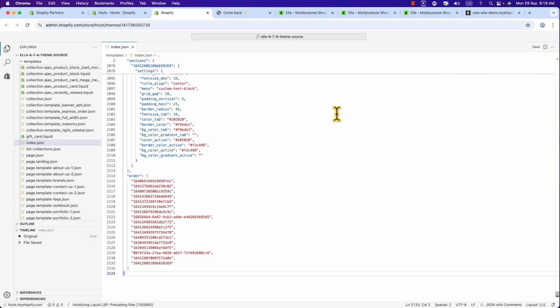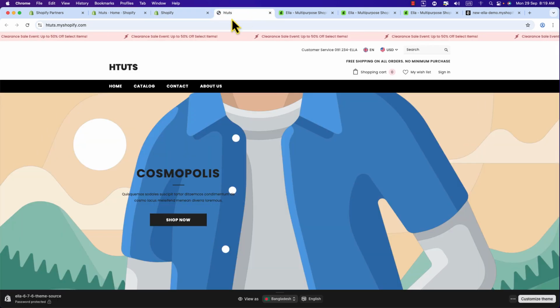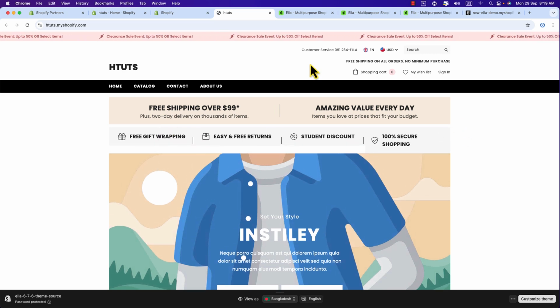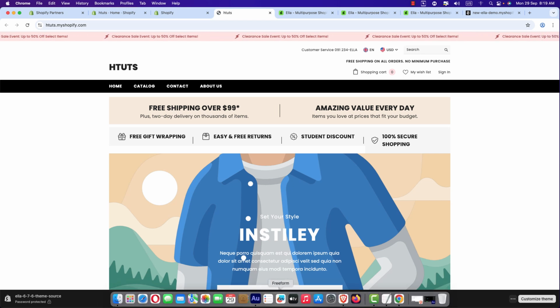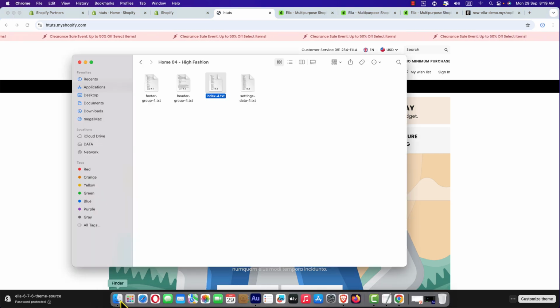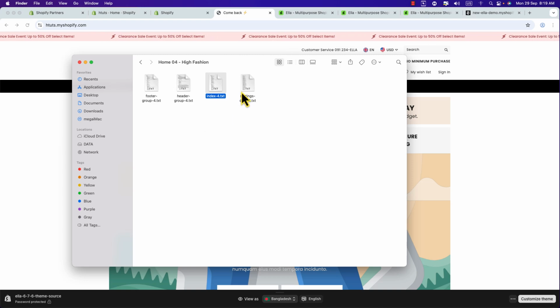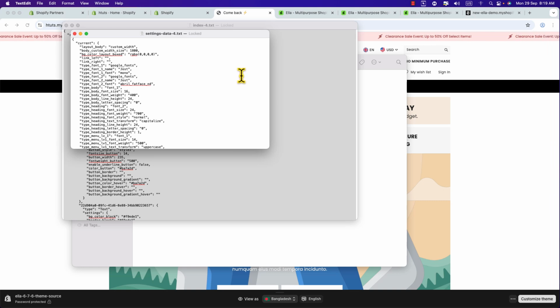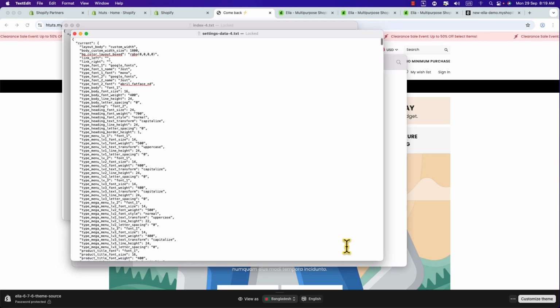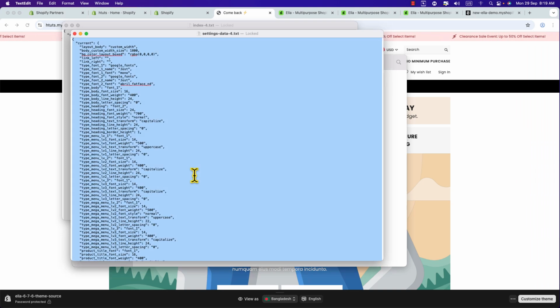The file is saved. Now if you refresh this page, you will see the difference. Okay, that's great. And again go to the demo data. Here you can see, now I'm going to open this file, settings data. Just click on it. Select all the file, Control C or Command C,